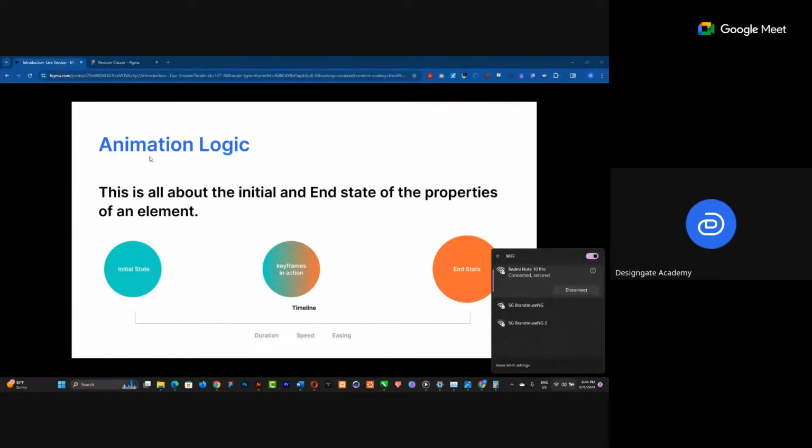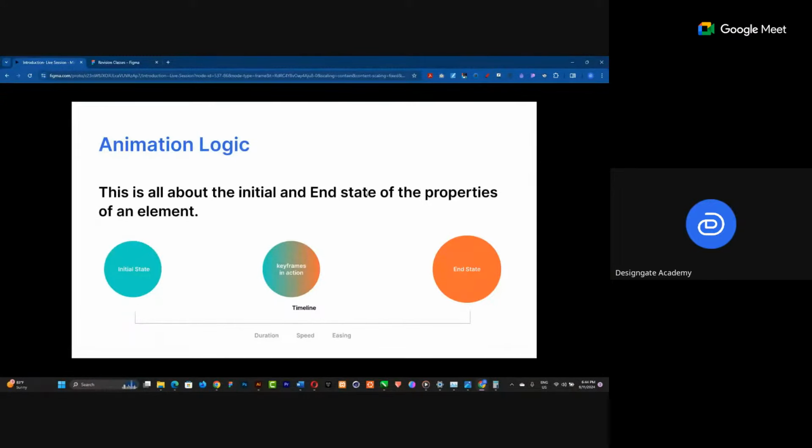Okay, sorry, I think my network disconnected. I had to connect to another to